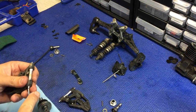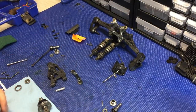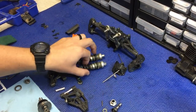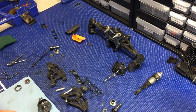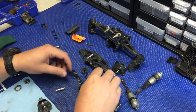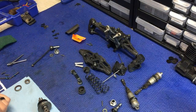So I'll go ahead and do that. Remove the hinge pin, the MBU arm stiffeners, and I go ahead and take the spring cup and shock springs off as well. So I have all the bearings set aside, all the metal parts, and then from here I'll take these remaining parts and I will put them into my ultrasonic cleaner